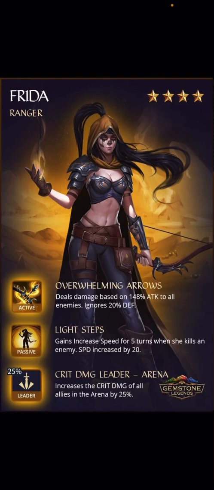When I had talked about some of the most powerful mechanics in this game, one of them being speed, the other one is when you either ignore defense or lower the defense of the opponents. It just makes them that much easier to kill. So this is a really good ability, an area of effect damage dealer that's going to hit all the opponents. The secondary ability is passive, Light Steps, gains increased speed for 5 turns when she kills an enemy, speed increased by 20. So there we go again, we have another ability that is affecting speed and is really important in